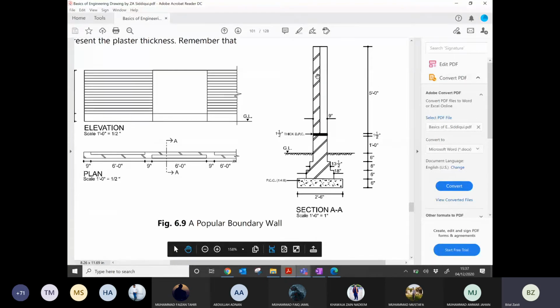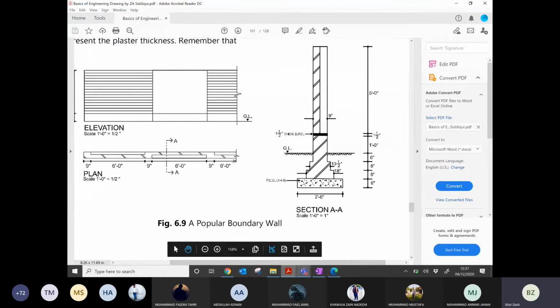There will be a wall thickness of 9 inches, then there will be DPC, and underneath the DPC there will be brick walls again. When these walls go inside the ground, the width will be slightly more, then slightly more. And then on the bottom, there will be PCC or RCC depending on the strength of the soil.